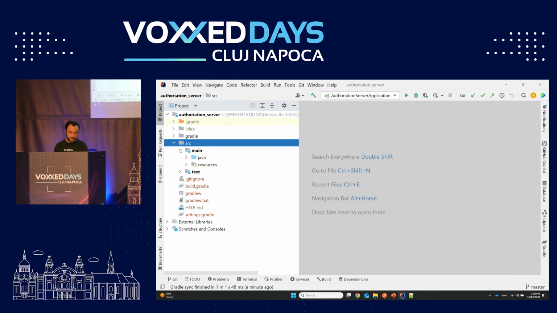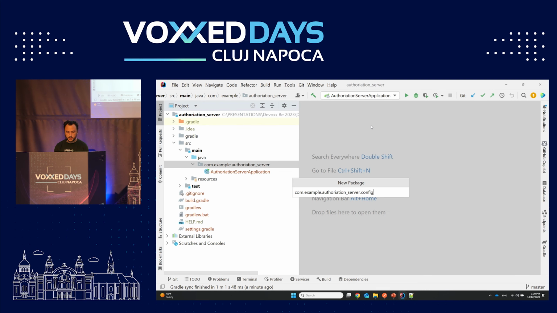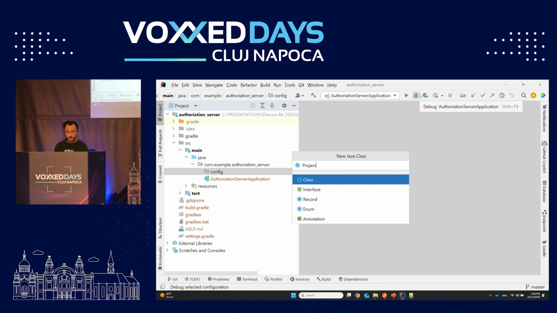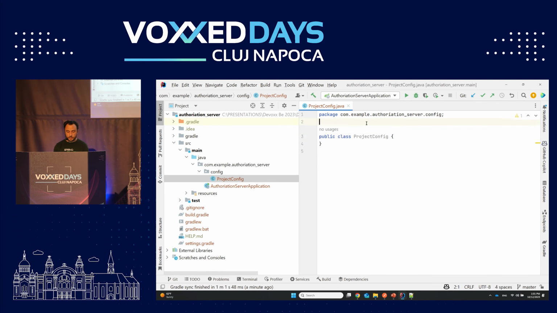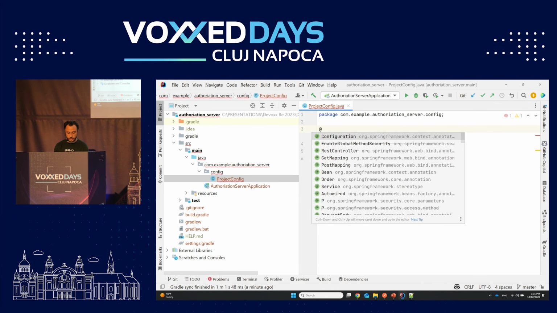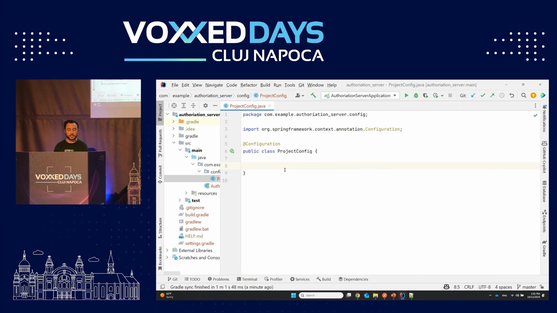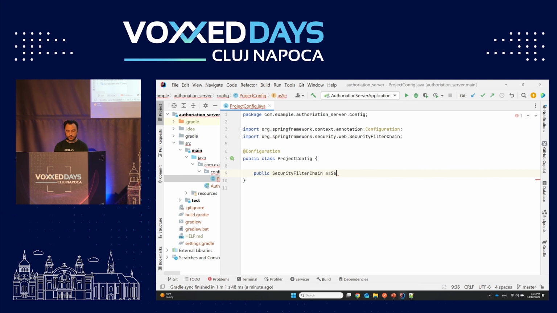And now that everything got built in the end, let me actually create a config package and a project config class. Well, it's a configuration class, so then what I need to do is annotate it with configuration. No enable authorization server annotation, no extension of any class. We need to use two security filter chains, however, to configure the authorization server part and the web part of the application. So the first one, the security filter chain for the authorization server